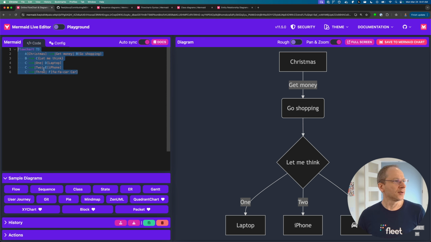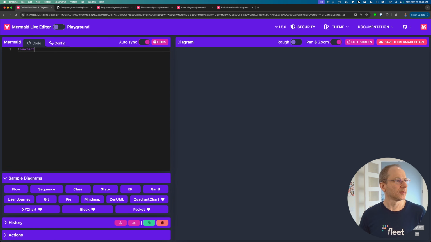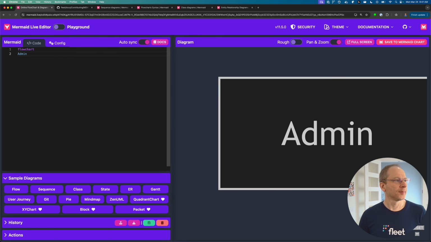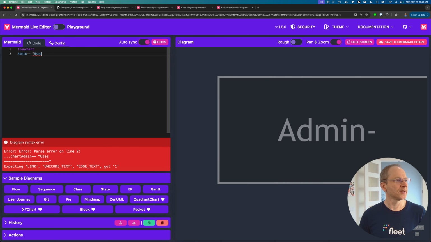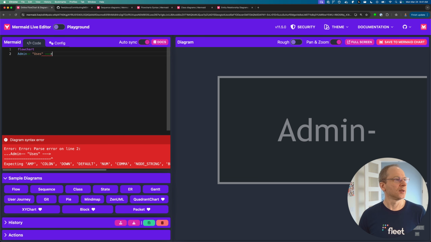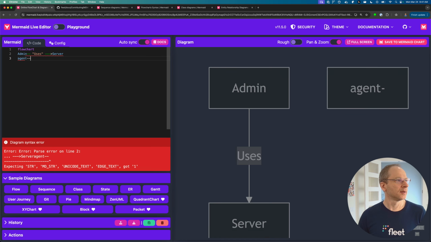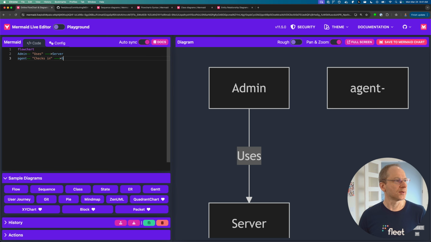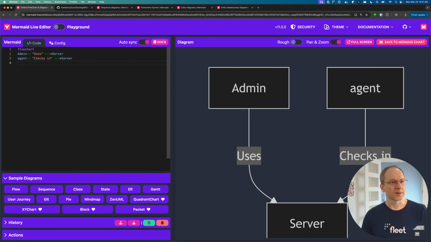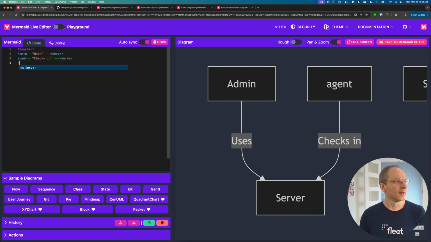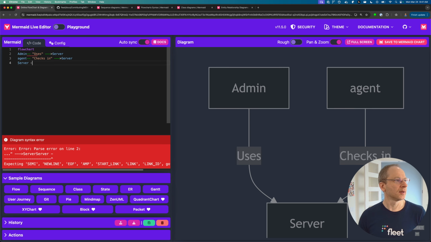So let's go ahead and just create one. Flowchart: admin uses server. An agent checks in with server. So once again, I'm doing a quick and dirty diagram, something that can be done in a meeting. Then the server